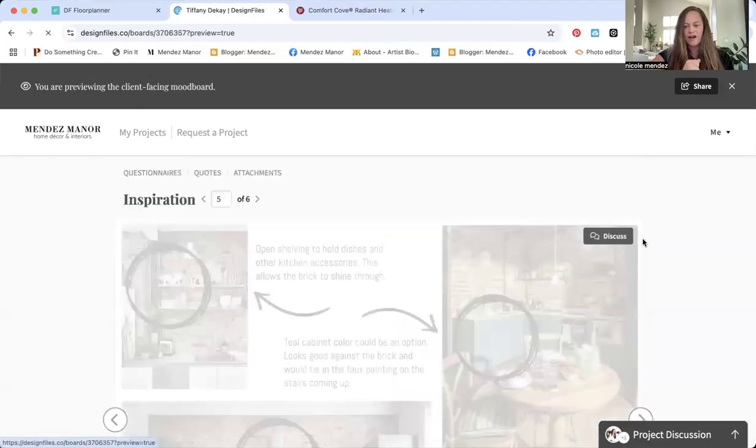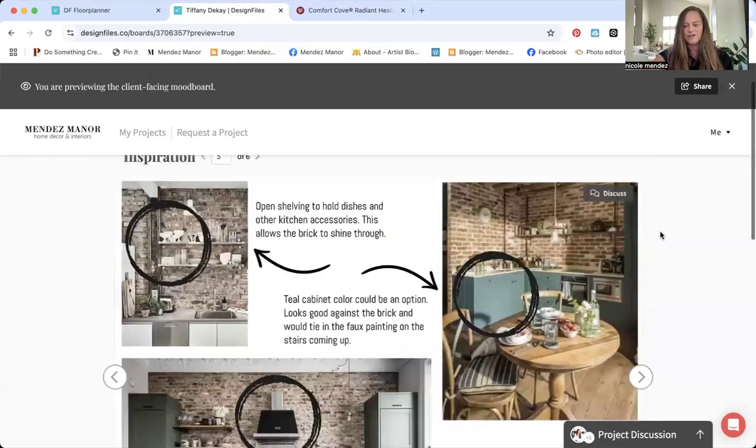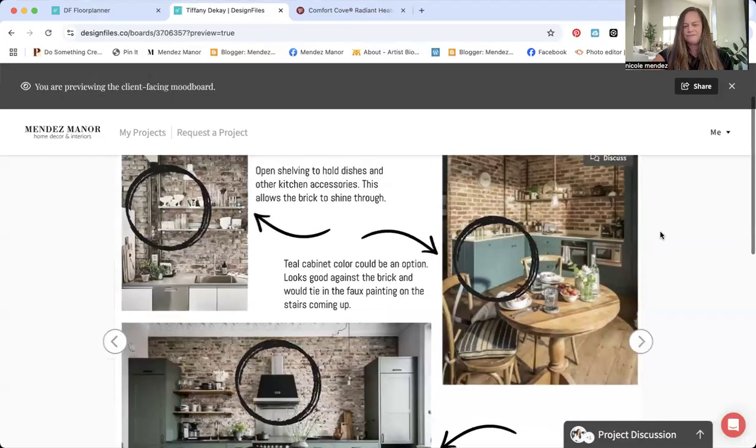Moving over, this is the inspiration board that I had started with myself when I was looking at kitchens up against brick walls. And I found this photo with the teal cabinets and I was like, oh, that's interesting. I've never done a teal kitchen before. I've done blue kitchens, but that could be an option if you liked that. And again, I think that would tie in with that greenish teal that's faux painted on that circular